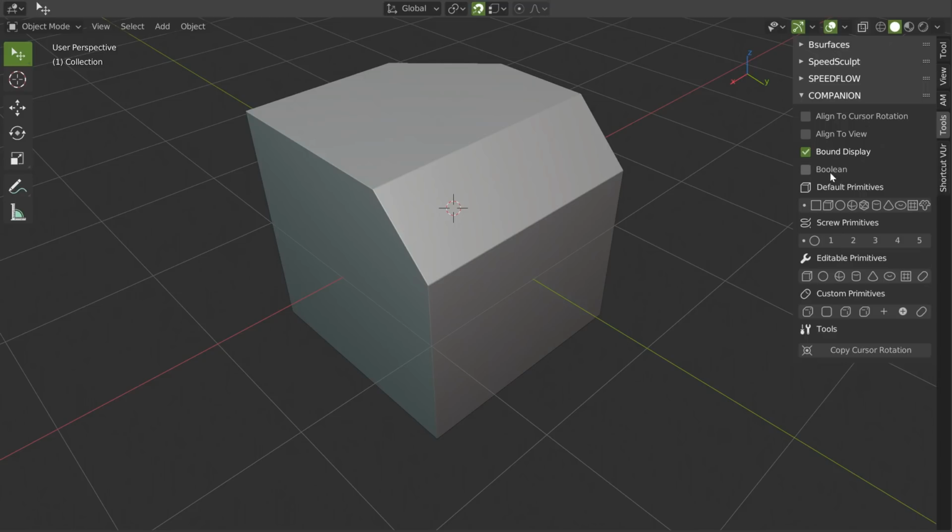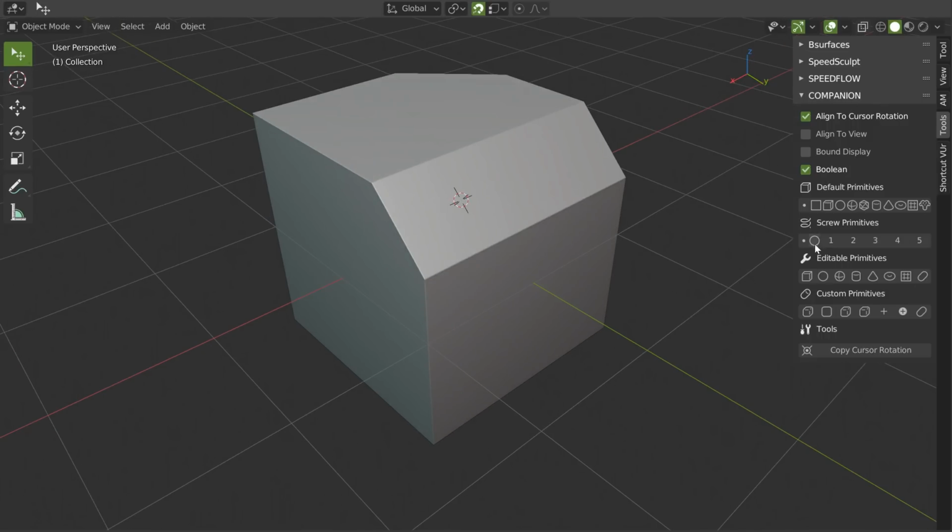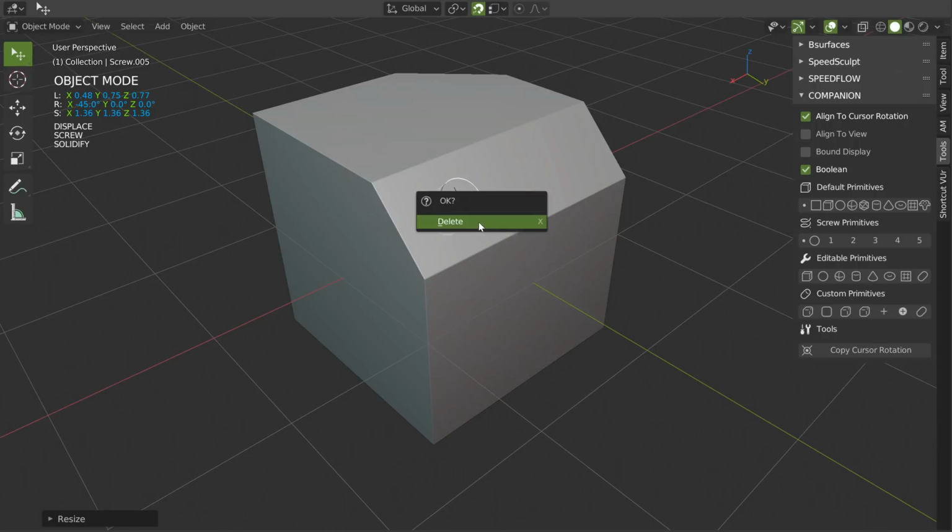So this is not a really useful option, but it can be useful. And the boolean, you can combine Align to Cursor rotation and boolean. And for this it is interesting. I can use this one, and I forgot to select my object.